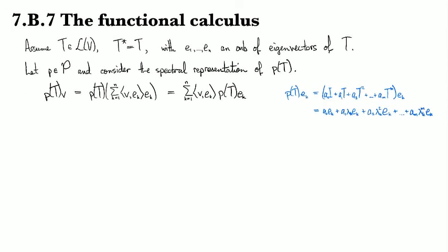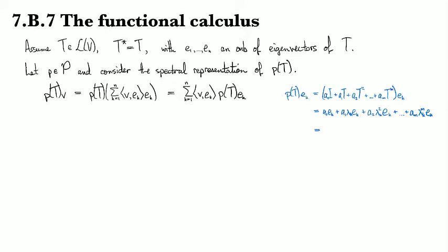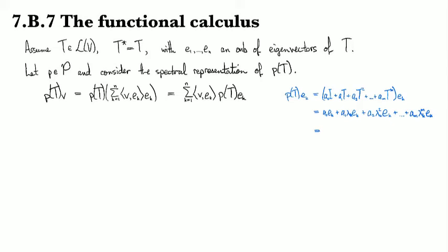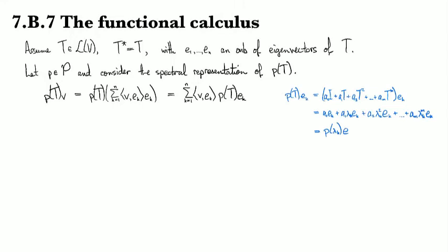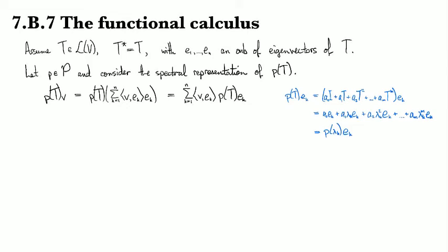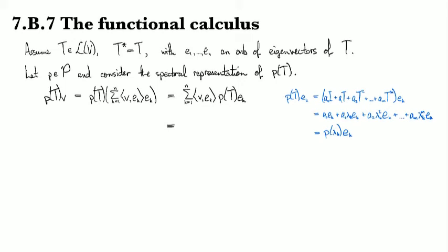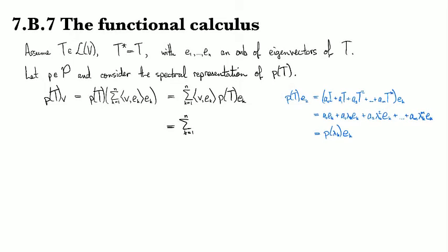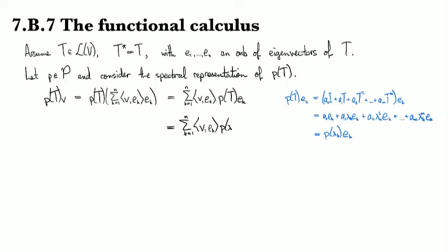And now note that I can factor out all those EKs all the way through. And the thing that's left is A0 plus A1 lambda plus A2 lambda squared plus and so on. That's exactly P of lambda K applied to EK. The plot thickens, right? So then I can simplify the last line of this derivation over here and say that it's going to be the sum from K equals 1 to N of the inner product of V with EK times P of lambda K